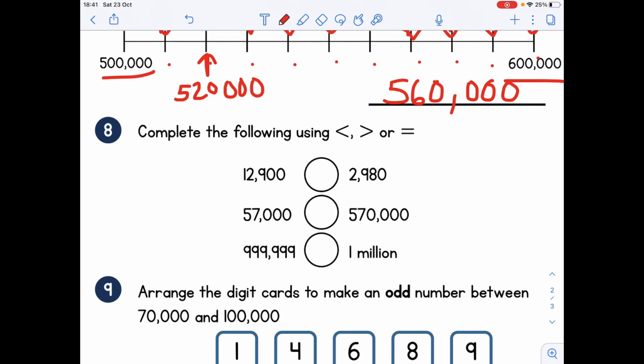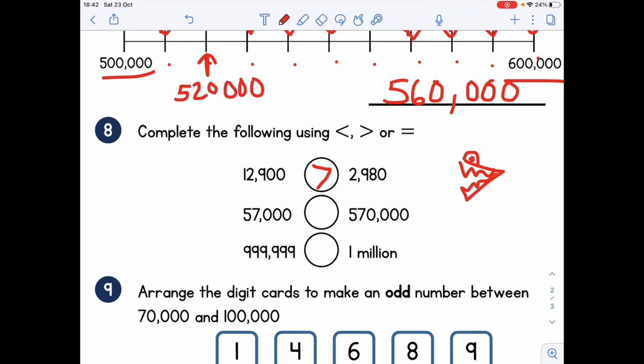Okay, here we need to put in our less than, more than, or equals symbol. Okay, so remember that the mouth of your inequality symbol always faces the bigger number. Okay, as I explained in class, the hungry crocodile always wants to eat the bigger number. It wouldn't be interested in the smaller one. So here, 12,900 is greater than